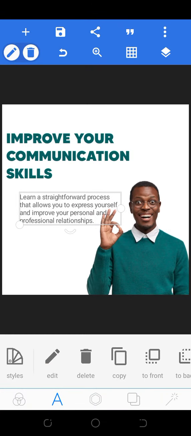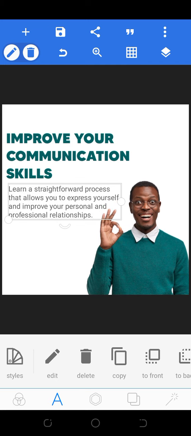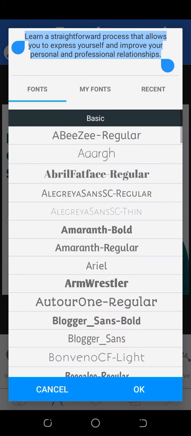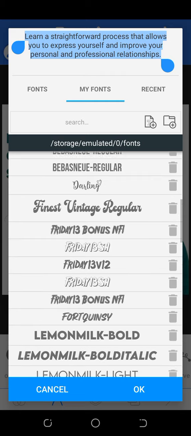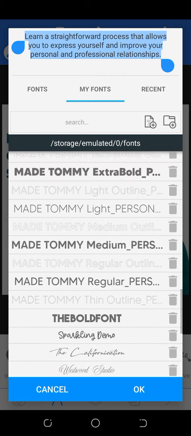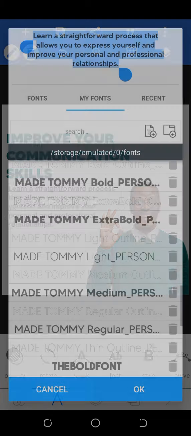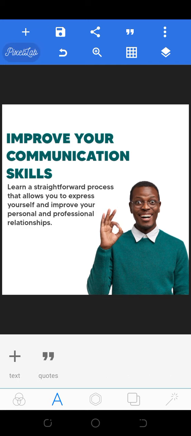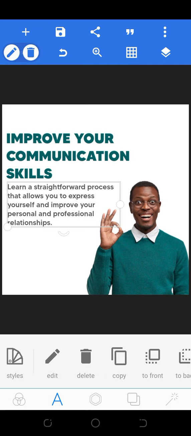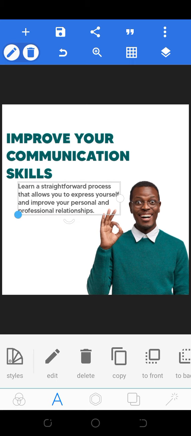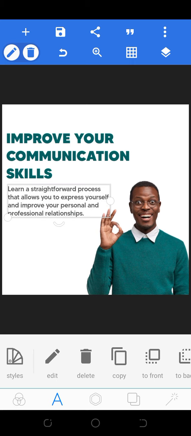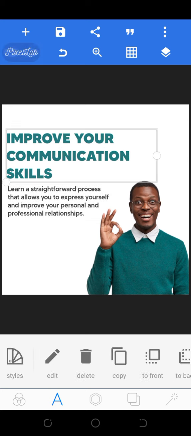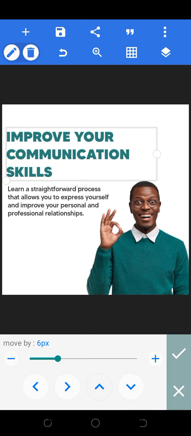Reduce the size. Then change the font. Change the font to okay. This is it. I think I want to reduce the size. So after reducing the size, I don't want to change the color. I like the color like that. So the next thing for me to do is to just adjust